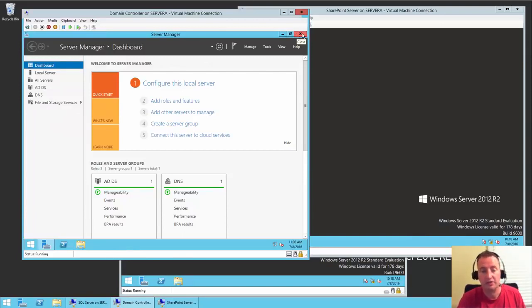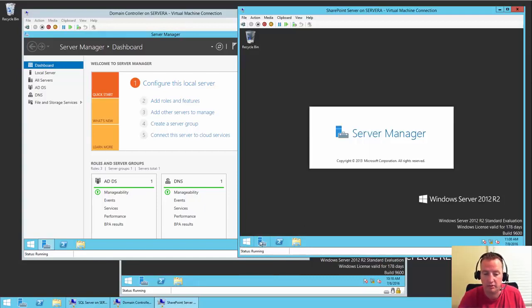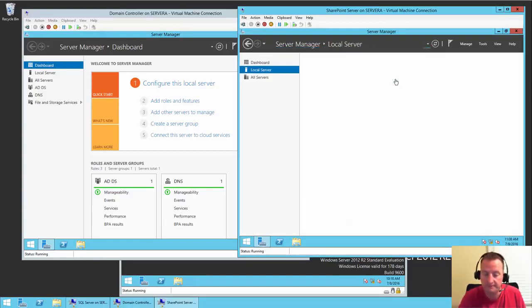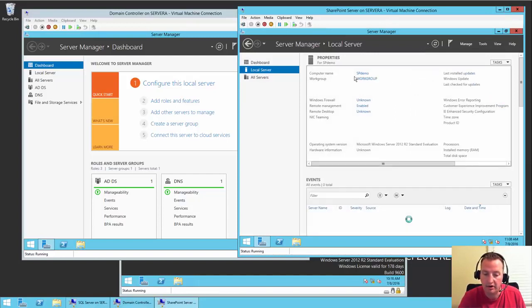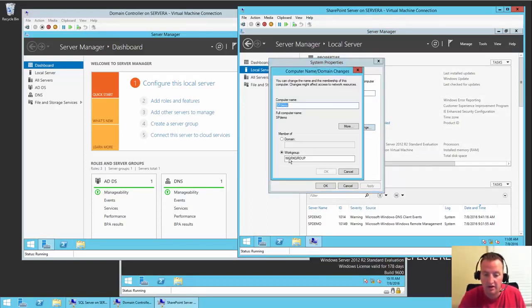So then the last thing we need to do, and then this video will be done, is we're going to add both our SharePoint server and our SQL server to that domain. So over here on the SharePoint server, there's several different ways to get to it, but we'll open up Server Manager, and we'll say configure this local server. And then remember earlier where we changed the computer name, same places where we're going to go in and set the domain. So hit that, we'll say change, and then now let's put for domain, and we will do